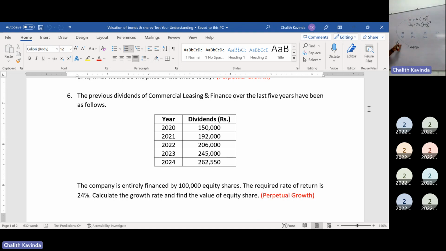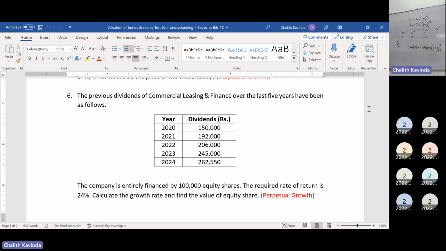Now we go in here. What is the present value? 150,000. So 150,000 times (1 plus G), we don't know the growth rate, to the power N. N how much? We were here, we came here: 1, 2, 3, 4. 4 years. It's 4. Simple. Now this is how you formulate the formula. You need to know this understanding.